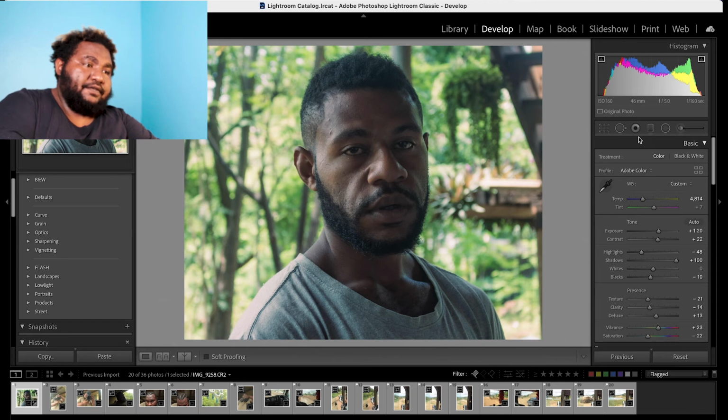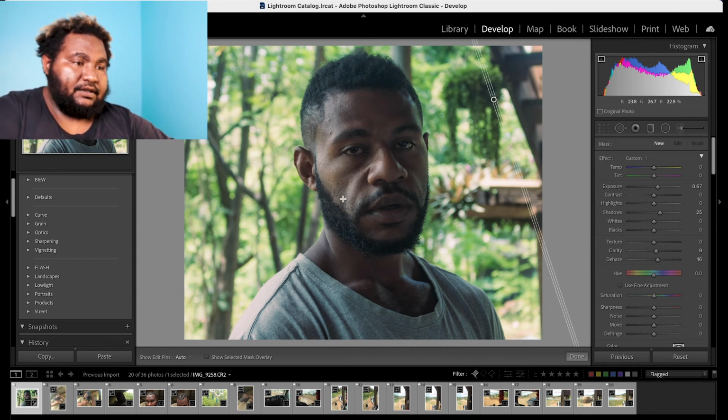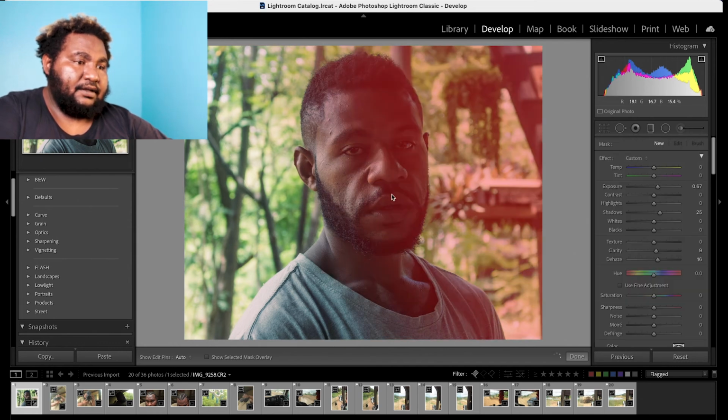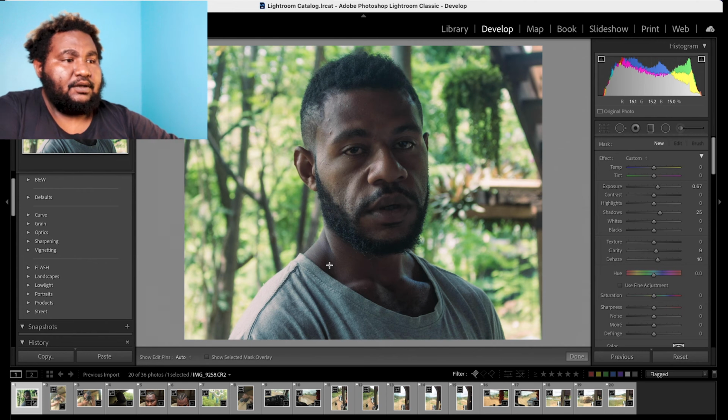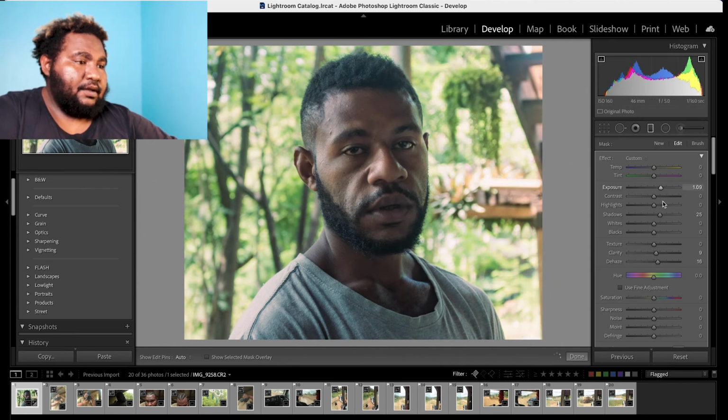One more thing is gradient filters. I think gradient filters is one of the most underrated tools in Lightroom. You can do a lot of crazy stuff with this. So say if I want to brighten this side of his face, because I feel like it's a bit too dark on this side because the sun was coming on this side. So I'll just drag this here, increase the exposure, drop the highlights, drop the shadows, play with it a bit, and then you can see,